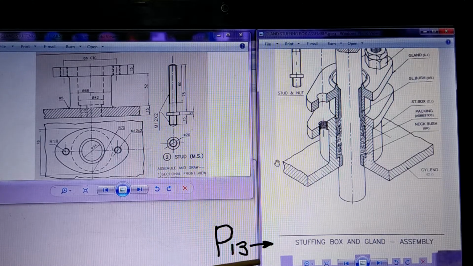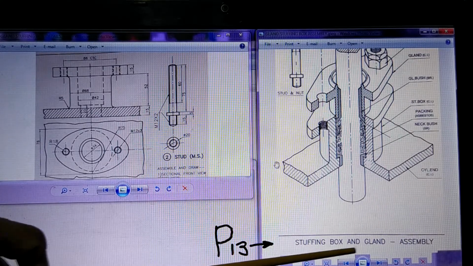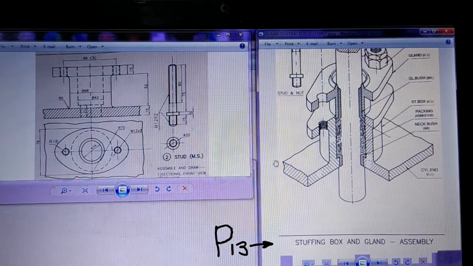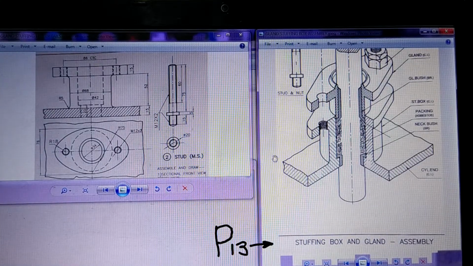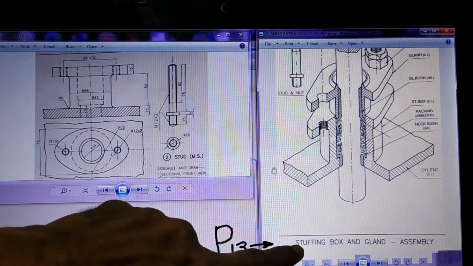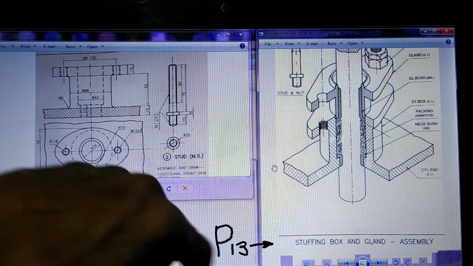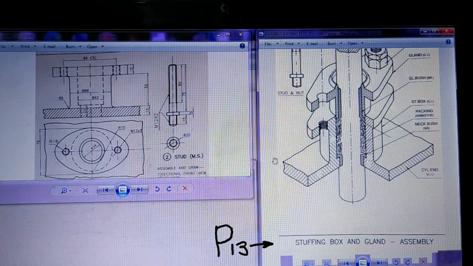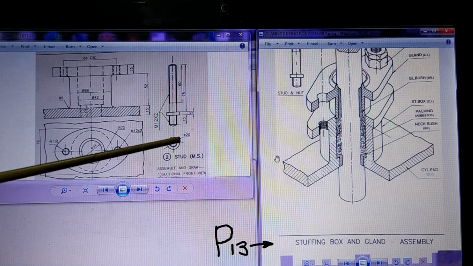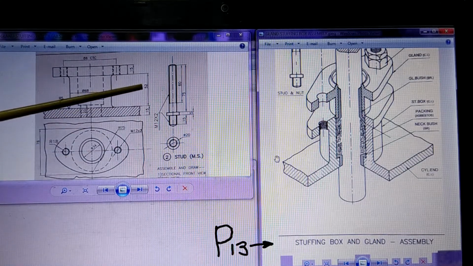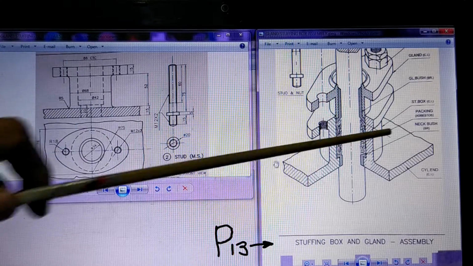The very important first thing is to look at the title of the drawing, stuffing box and gland assembly. First you should know what the title means, what the function of this particular assembly is going to be. Once you know the function, then according to that function you can think about how these different parts can be fitted into each other to serve the purpose of the assembly.